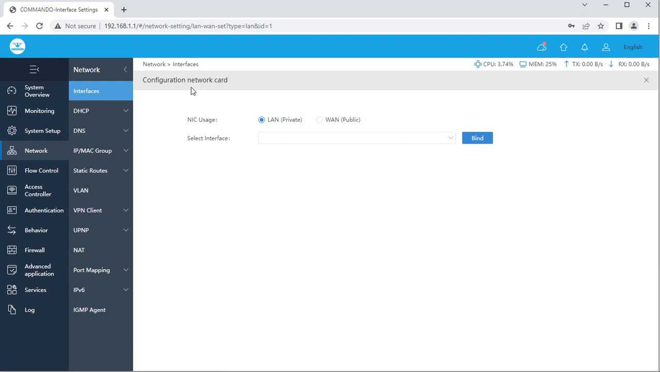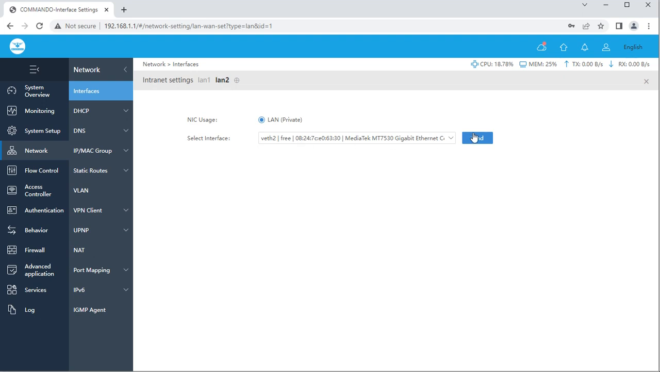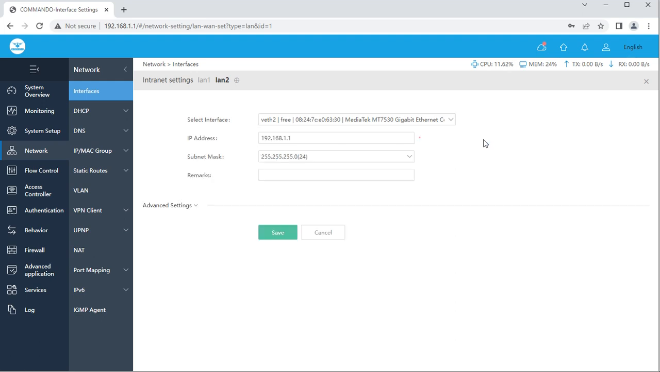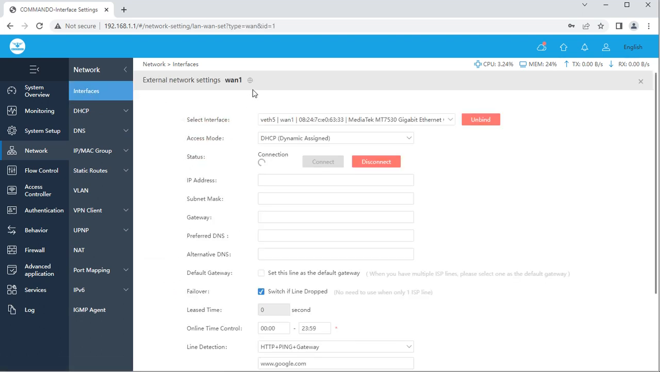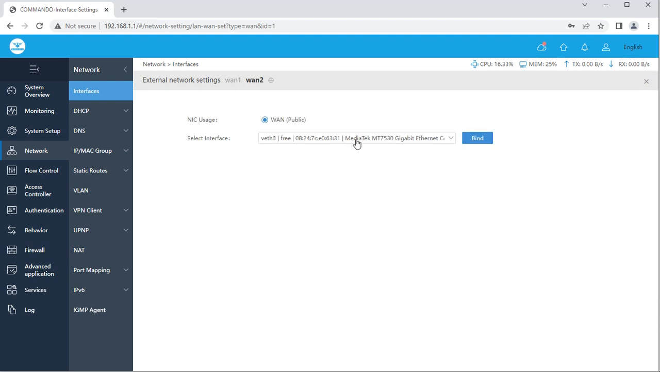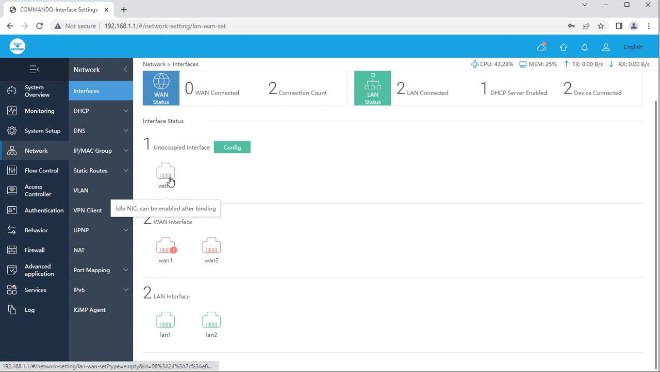Then for adding a LAN, I will go to the LAN, add one LAN and bind VETH2 to that. And I can give the IP address for this LAN as per my choice. Similarly, I can create multiple WANs by going to the first WAN connection and binding any of the ports, like I want to bind VETH4. So this will be bound. So my 2 LANs and 2 WANs are created,